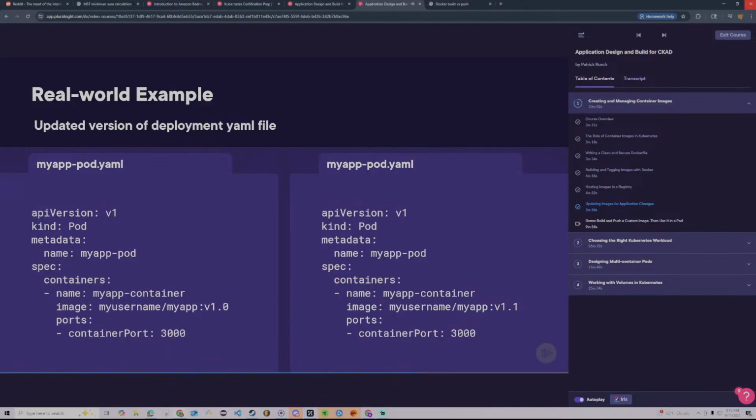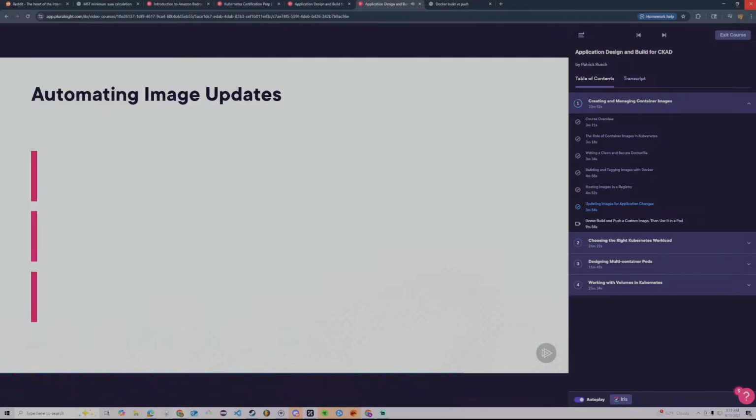In your Kubernetes manifest, change the image tag to the updated version, like the example shows in the image section of your YAML manifest. It says version 1.1 on the right side, referencing the new image version of the MyApp application. To streamline the process of updating container images, especially for large teams or complex applications, consider using automation